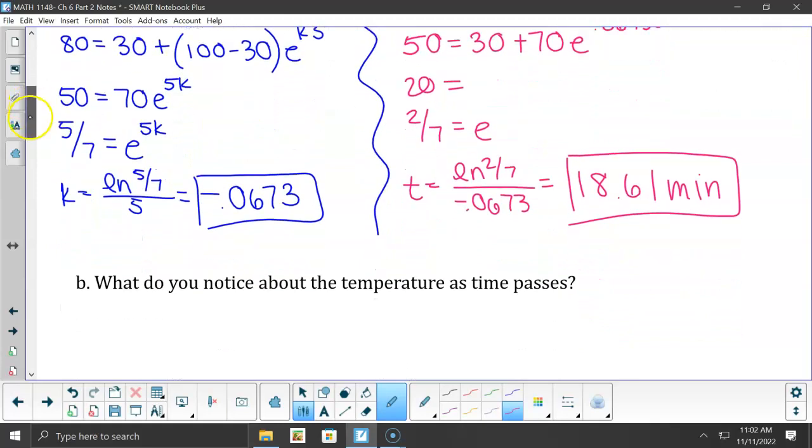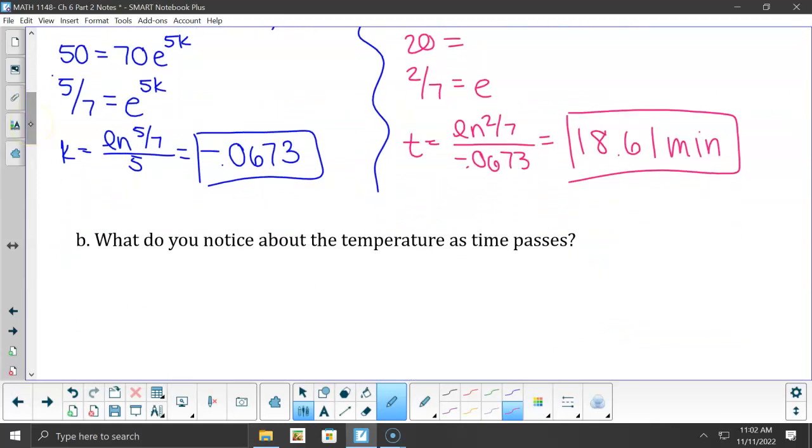So, what do you notice happens with that temperature as time passes? Where is it going to approach? What should it approach? Yeah, the ambient temperature. So when it comes to cooling and heating, you're just trying to get everything to kind of equal out. So the temperature approaches